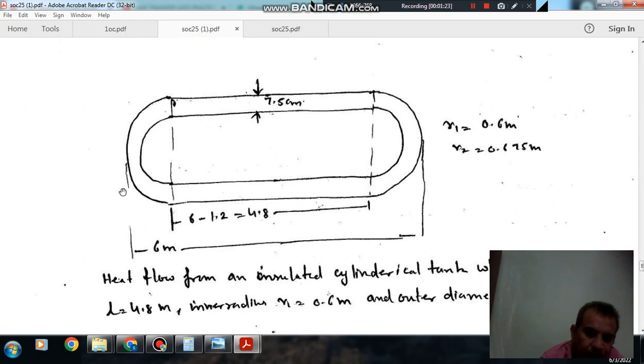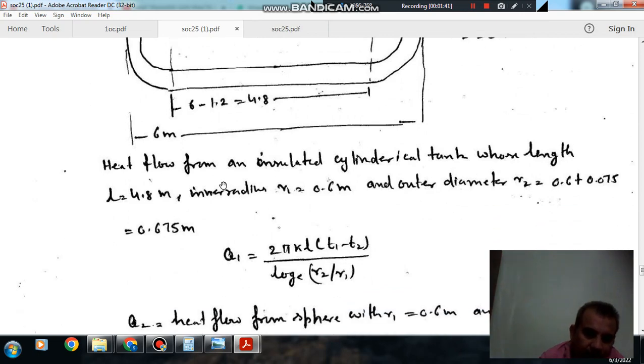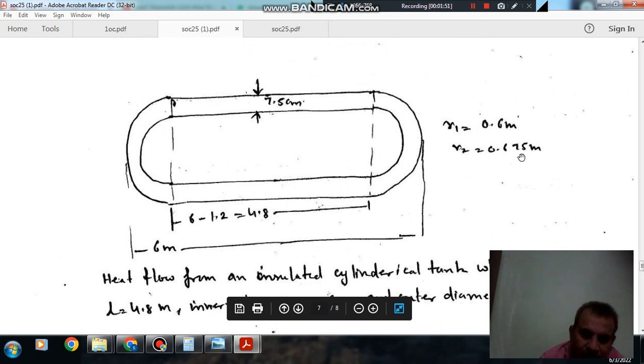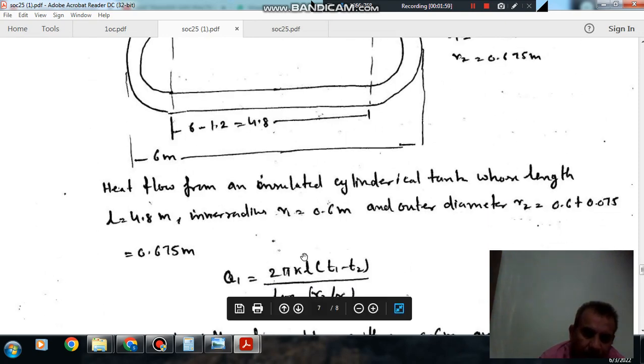The length is 6 meter, and the radius is 0.6, so the cylindrical portion will have a length of 6 minus 2 into 0.6, which is 4.8 meters. Now for the cylindrical portion the heat transfer is given by 2 pi k L (T1 minus T2) divided by log of R2 by R1. R2 is 0.675, R1 is 0.6, and L is 4.8,